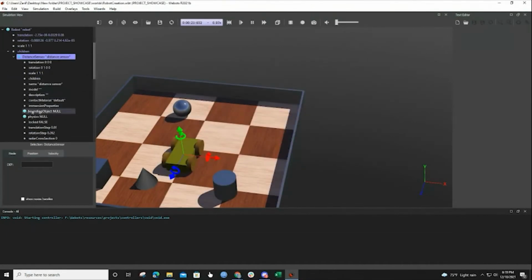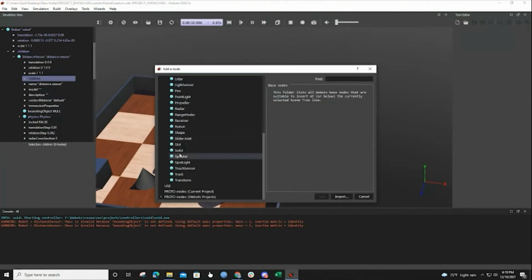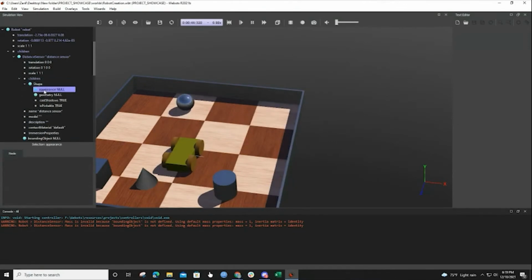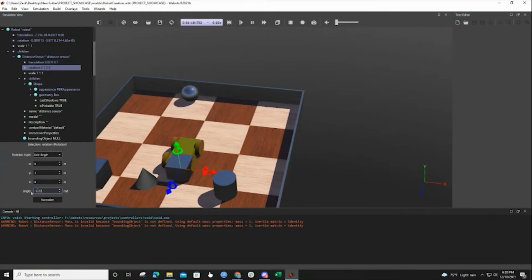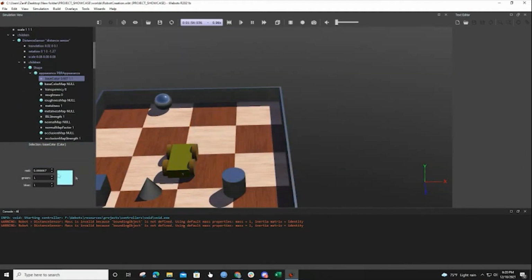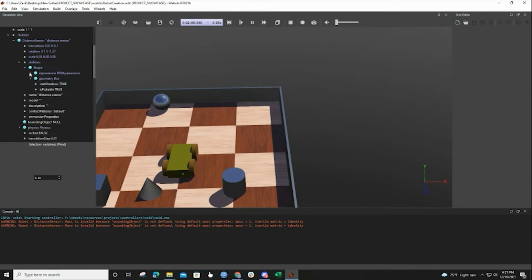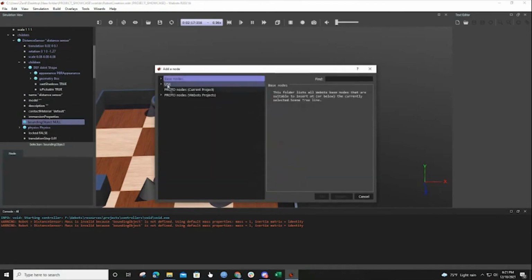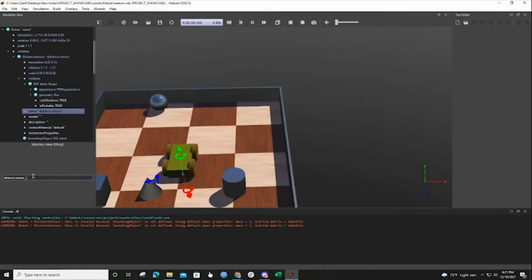After building our robot, we need to add distance sensor. We will add distance sensor from the children part and add a shape to that and give a PBR appearance. The geometry will be box shape and we need to change the color maintaining the contrast. We also need to change the metalness